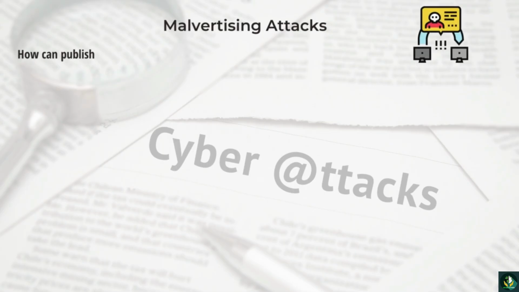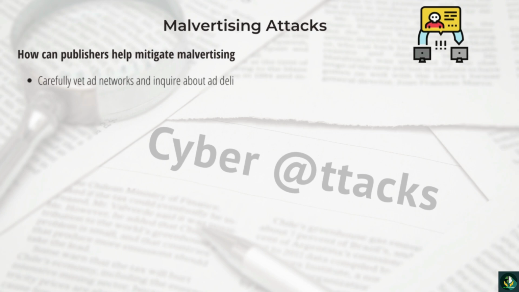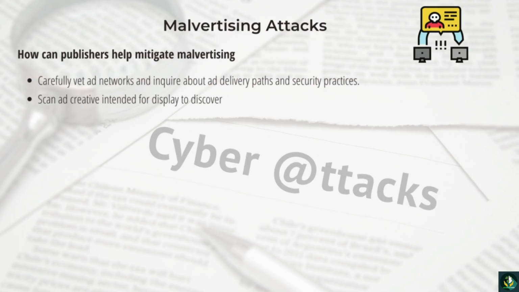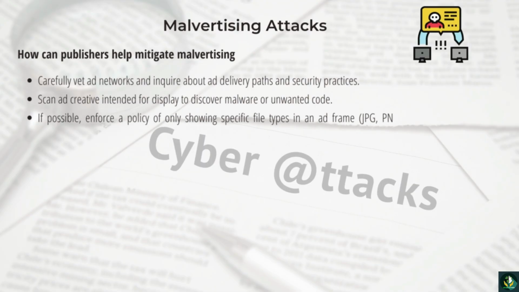How publishers can help mitigate malvertising. Carefully vet ad networks and inquire about ad delivery paths and security practices. Scan ad creative intended for display to discover malware or unwanted code. If possible, enforce a policy of only showing specific file types in an ad frame, JPEG, PNG, etc., without allowing